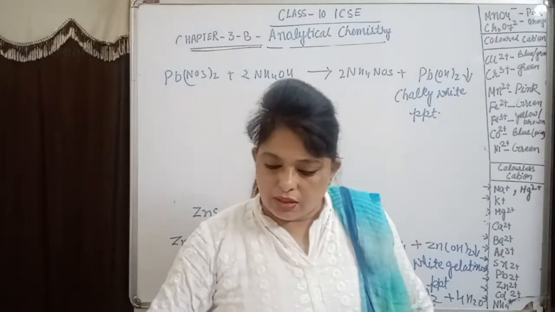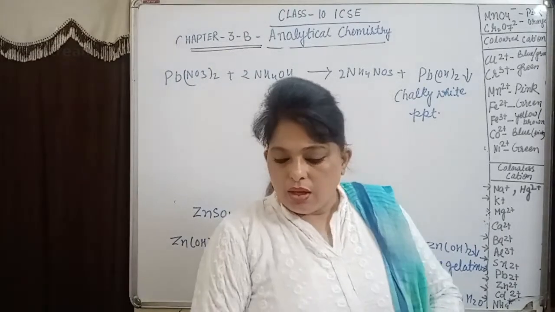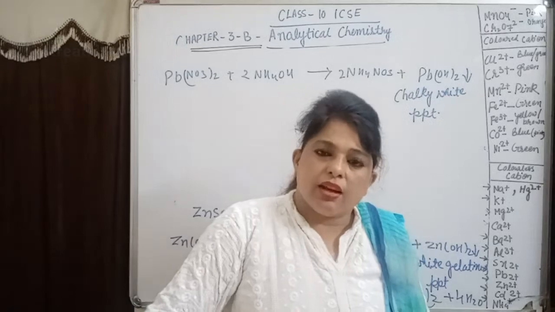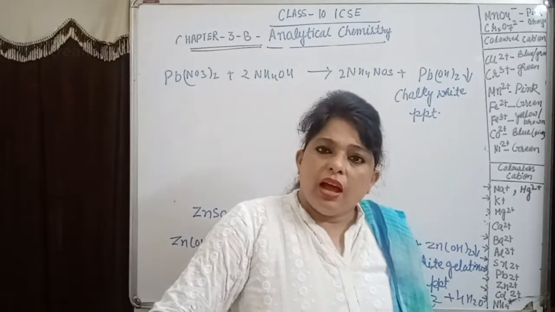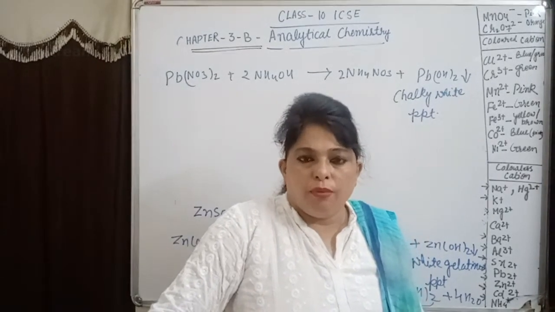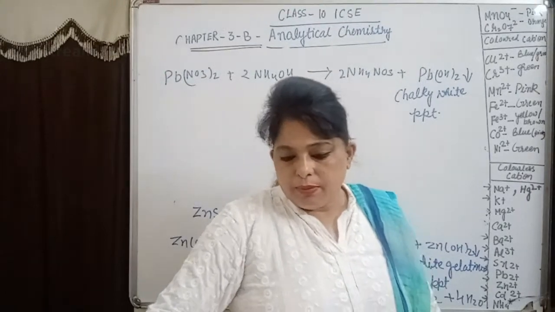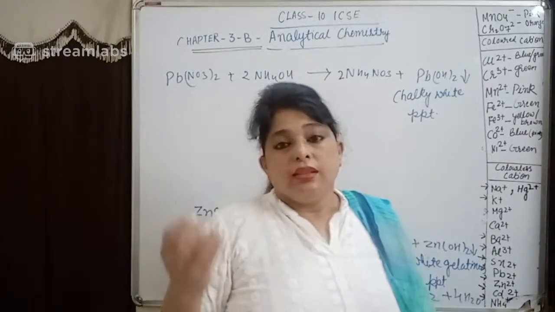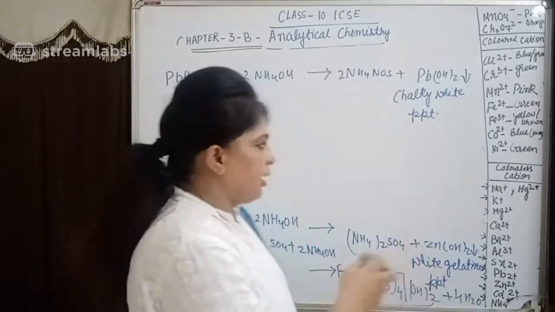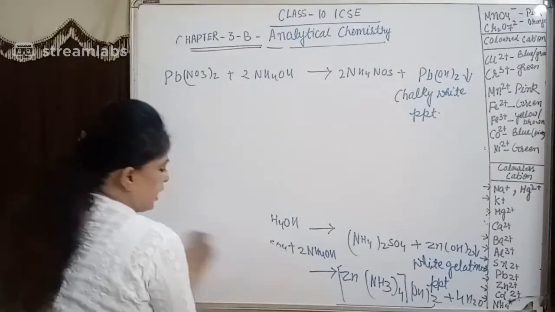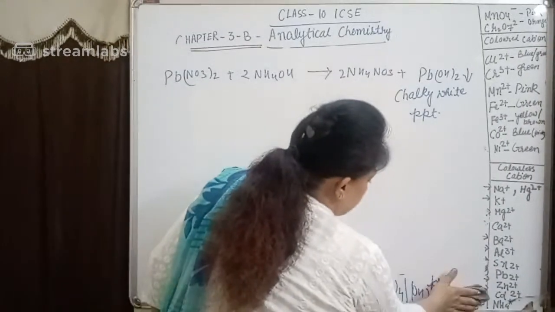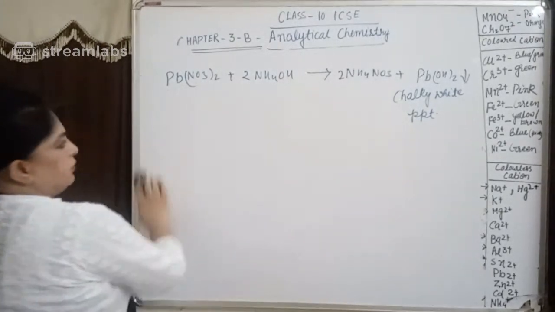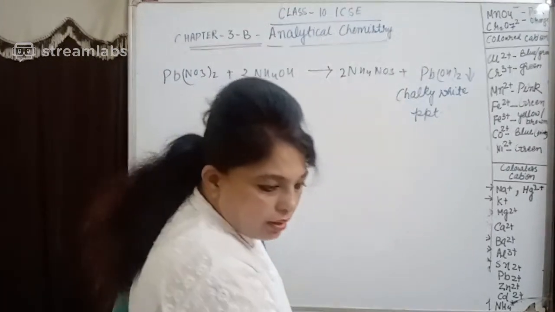The next page of this, we are going to see the action of the alkali on few metals, right? There are few metals which react with alkalis and they are going to form salts. So what could be the observation based on this? Once again you can confirm zinc ion, then lead ion and aluminium ion, right? So let's write those reactions. If you remember, I had taught you the same thing in class 9th also. We have done those reactions.